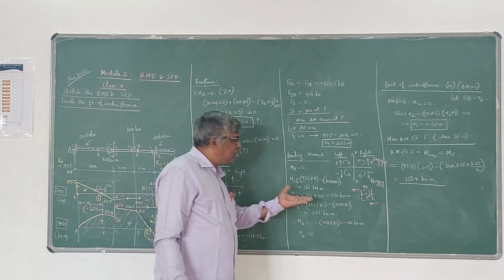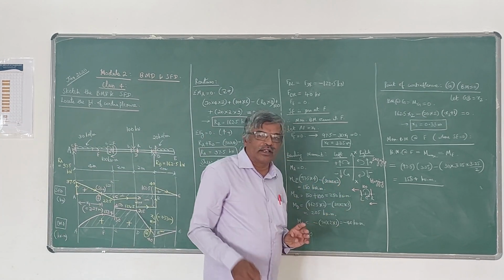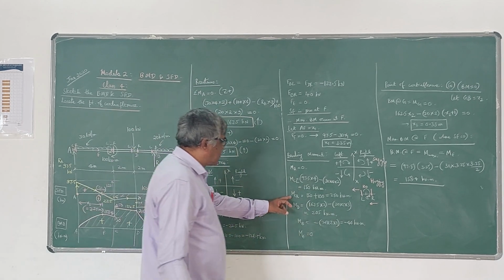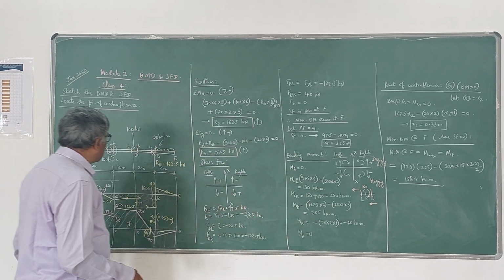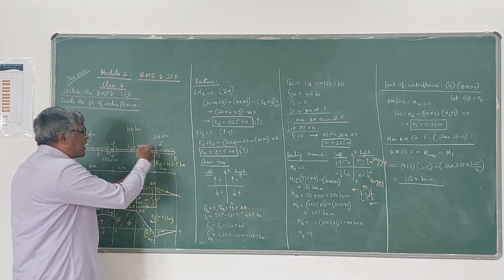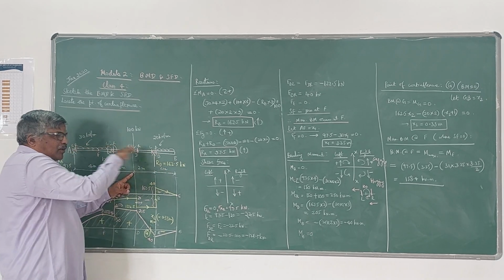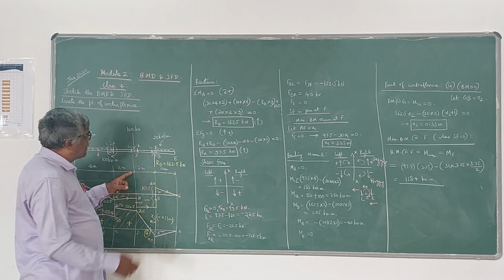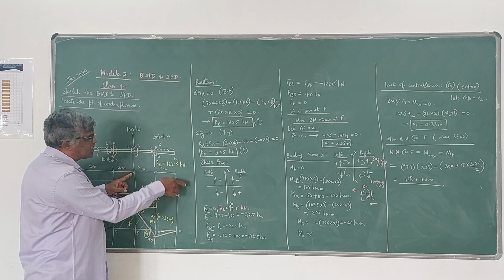One by considering the value of external moment, another one without considering the value of external moment. So these two are the values. Now MD, bending moment at D. When you are calculating bending moment at D, you can see to the right side also, because when you move from left to right, the number of forces gets reduced. Therefore, I will calculate MD by seeing to the right side of D.